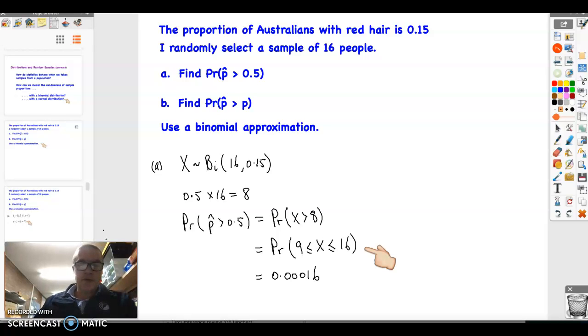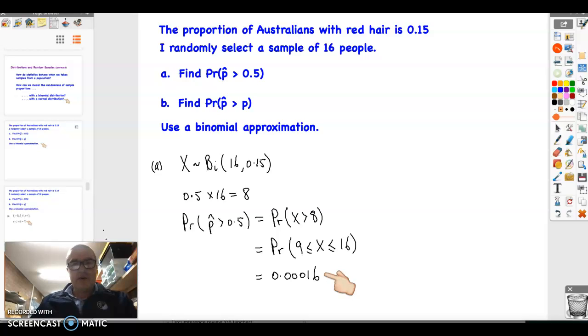That means we're looking at the probability that x is some value from 9 to 16, which would be the lower bound and the upper bound when you use the binomial CDF function, and using our value of n, our value of p, that gives us a very, very small probability of 0.00016,